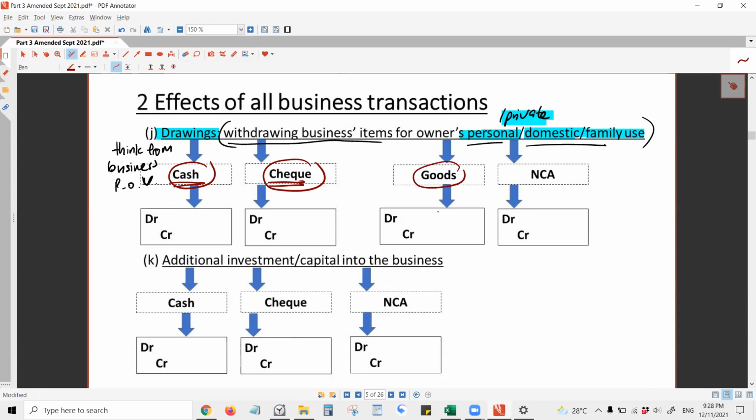You can take goods from the business for personal use. You can take NCA of the business for personal use, anything. So first one,